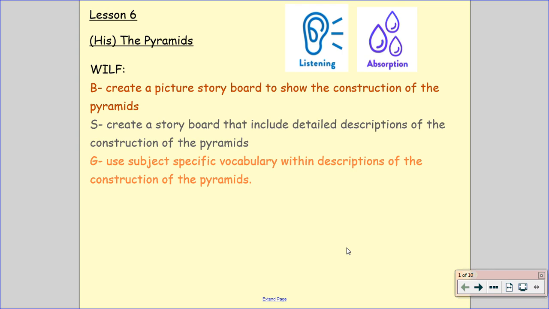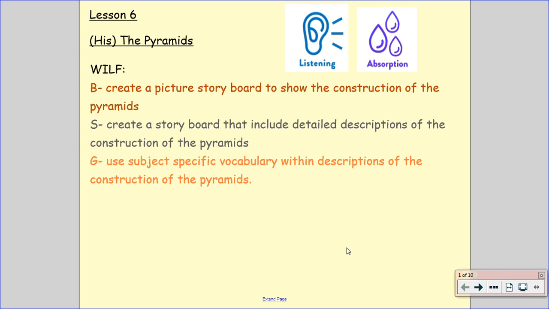Our learning powers for today, really important, these ones today, are listening and absorption. You're going to be watching a series of different videos that you would have been sent the links to today, but also I'll show them to you on this smart board. They're really important that you watch them, otherwise this session won't work for you. They're vital for you to watch so you can actually do the activity at the end of the lesson. So without further ado, we will carry on.